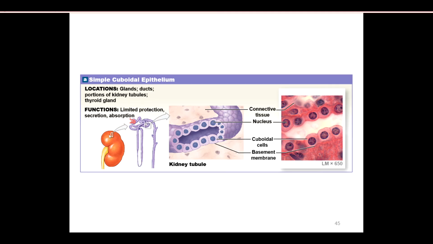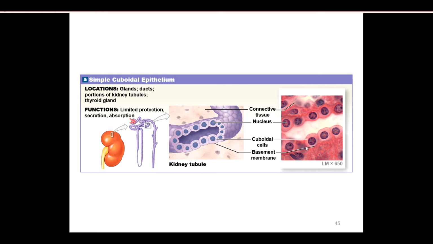So here's an example. We have the kidney right over here. And this structure right here is a microscopic structure. It's known as the nephron, right? You'll study this in AMP2. So what they did was they took a small section of the nephron right here and they blew it up. So this would be like the tube where what we call filtrate, this is where the urine would be flowing right here. And notice, here's your basement membrane, guys. Underneath it is always connective tissue. And then you have one layer of, look at these beautiful box-like cells, big nuclei. They're so easy to see on the microscope. Okay, so this whole tube is made up of one layer of